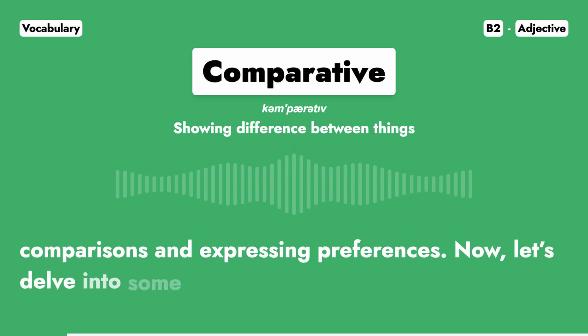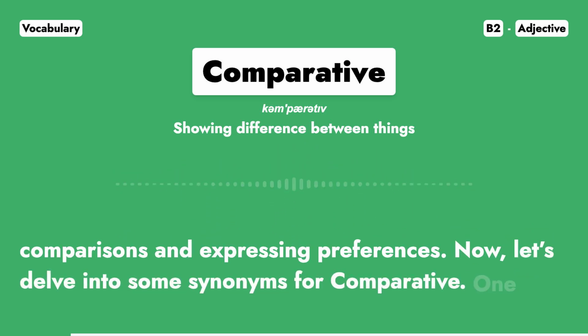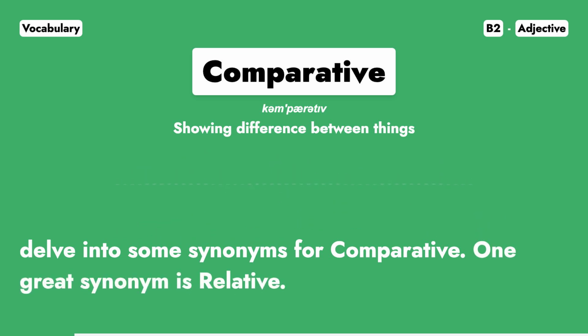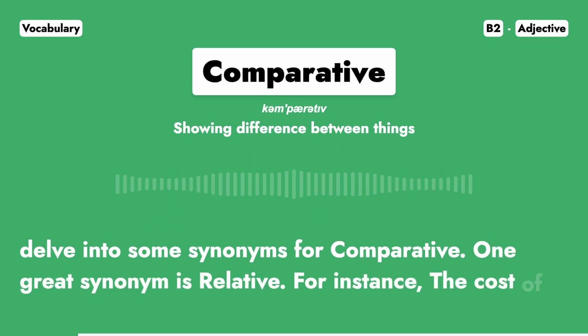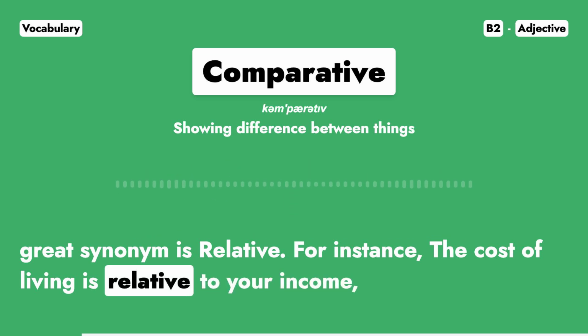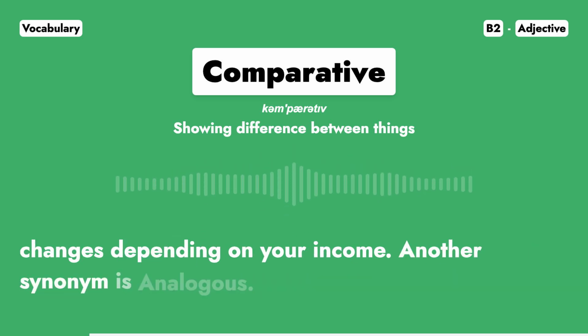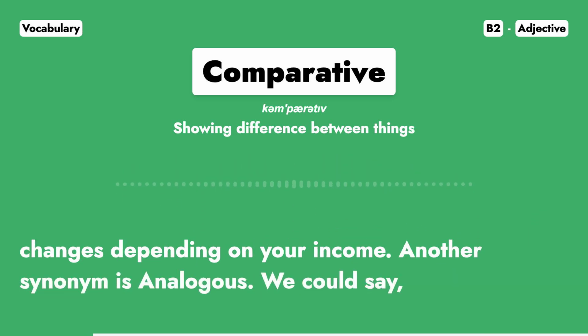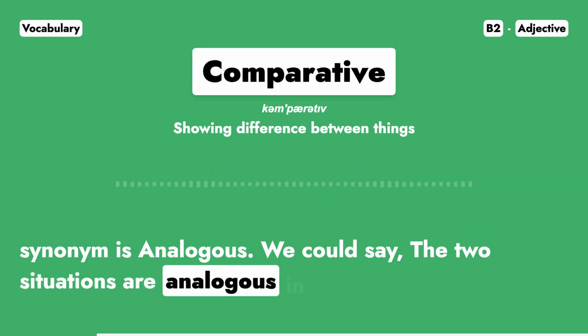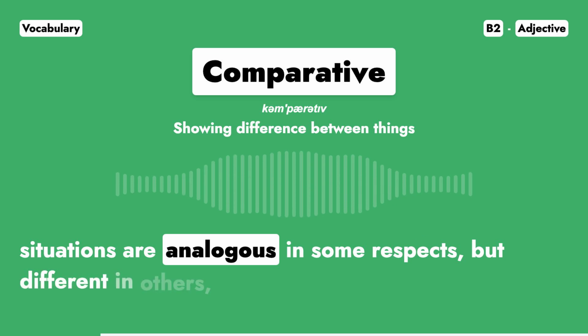Now, let's delve into some synonyms for comparative. One great synonym is relative. For instance, the cost of living is relative to your income, meaning the cost changes depending on your income. Another synonym is analogous. We could say, the two situations are analogous in some respects, but different in others, showing